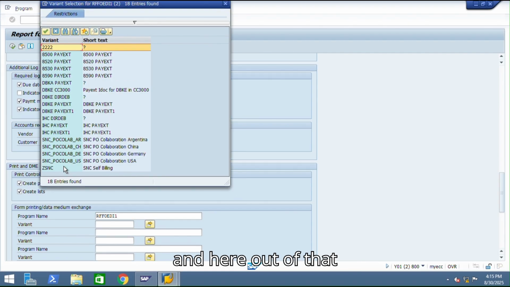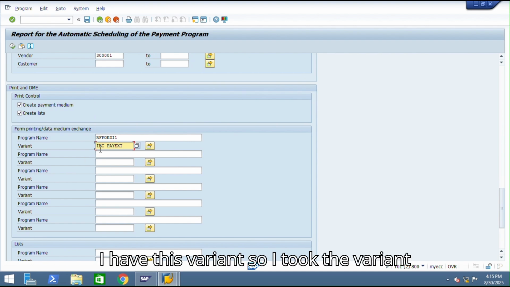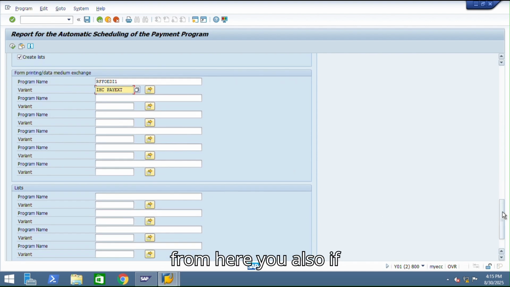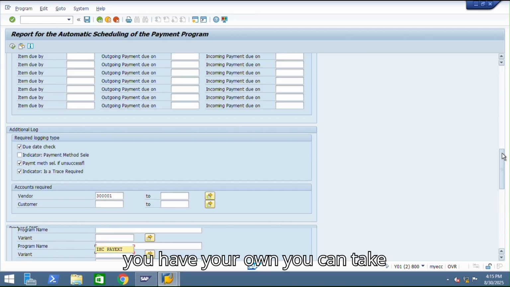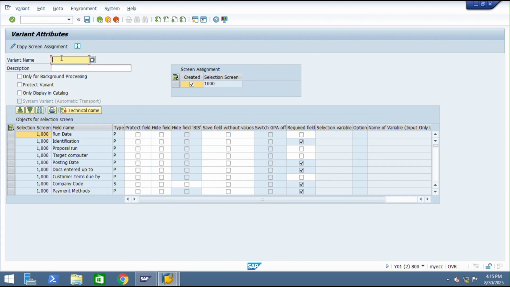and which you are having, and out of that, take this. I have this variant, so I took the variant from here. If you have your own, you can take that as well. Just save the variant